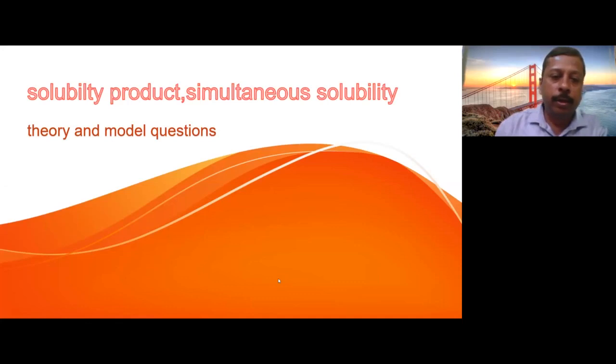Here we are going to study the theory also. Here we are going to study model questions also and advanced topics like simultaneous solubility. People stop studying after solubility product and common ion effect only. But that common ion effect is common to everybody. In this session, we are also going to start with simultaneous solubility question solving tricks. So try to be attentive, make proper notes and practice well in this topic.